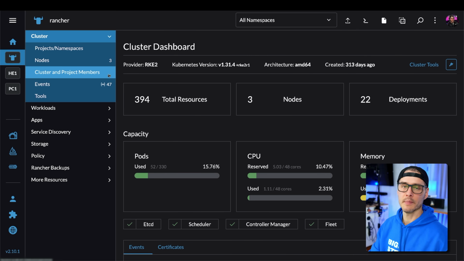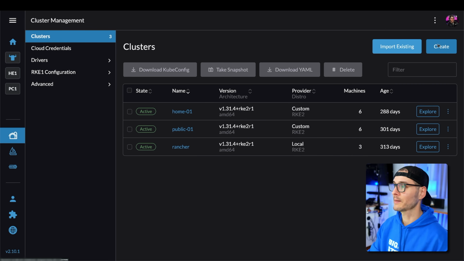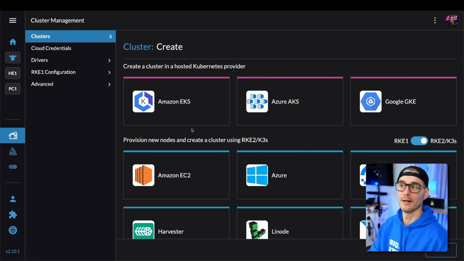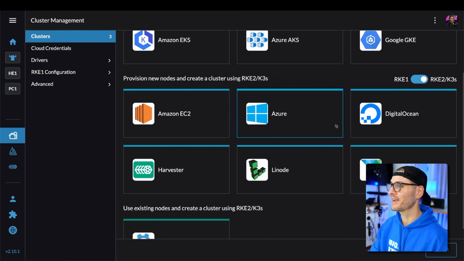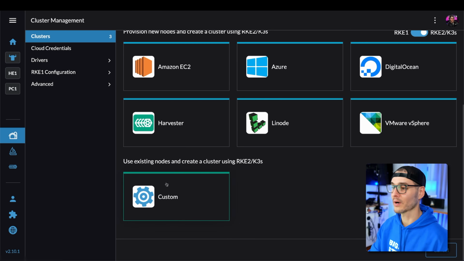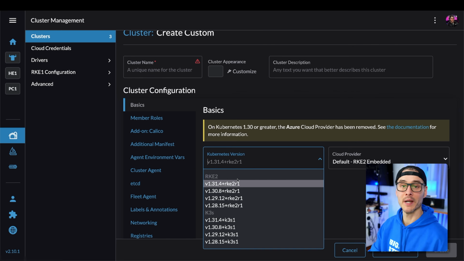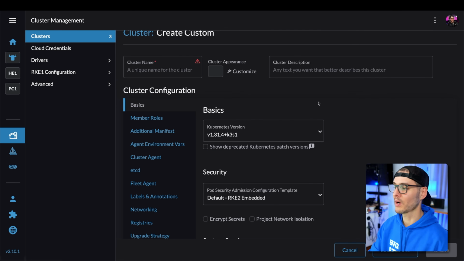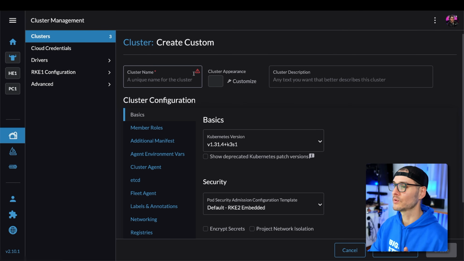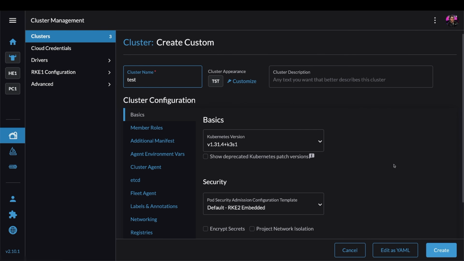And then obviously, as I mentioned a few times, I have my Rancher cluster, which manages the state of all of the clusters. And it's an easy way to create new clusters. For example, if I wanted to create a cluster, I could click create there. I could say, hey, it's going to be a Harvester or a custom cluster. Custom is probably what I want. I would choose my Kubernetes version, RKE2 or K3s, choose the one I want. And then I would choose a unique name. So I would call it test. And then I would click create.